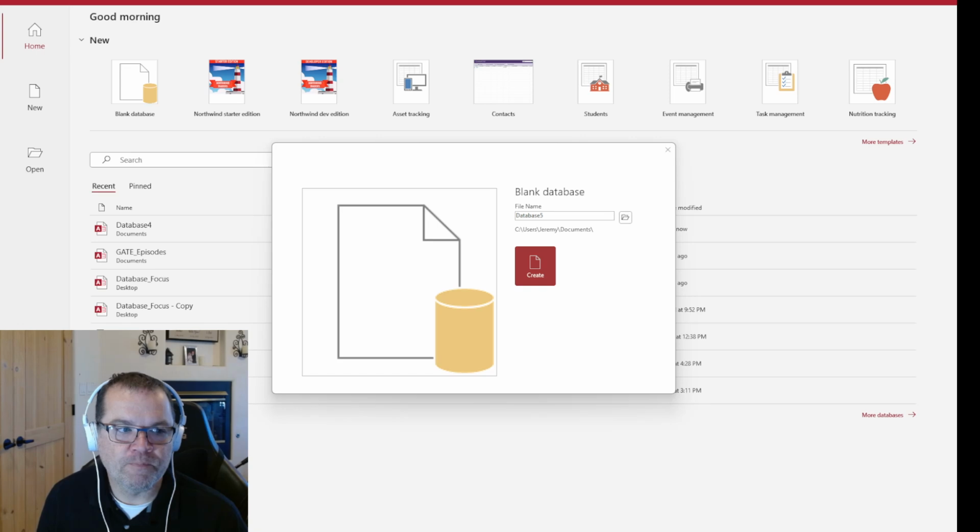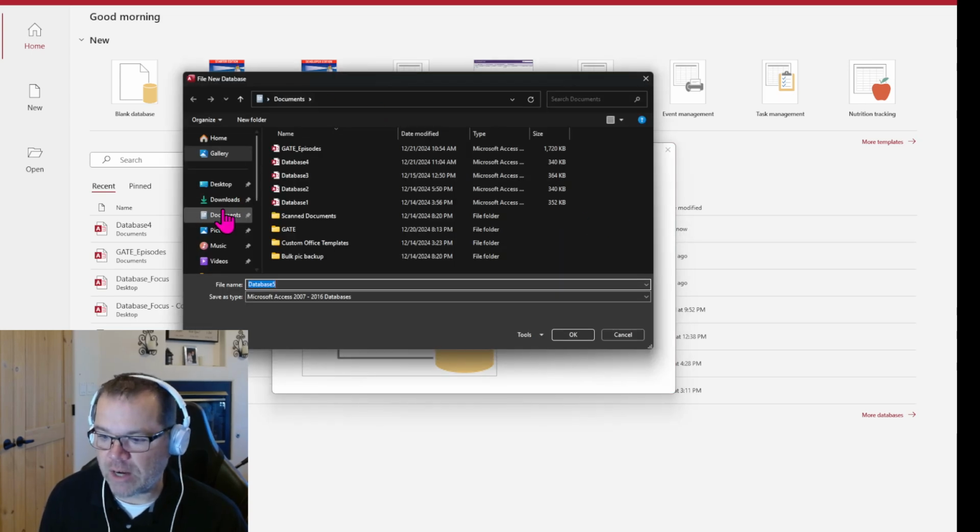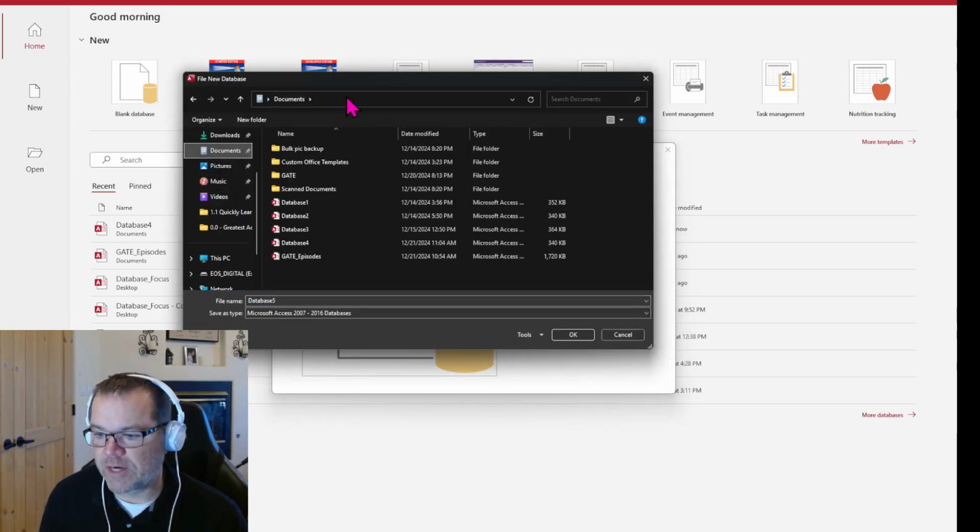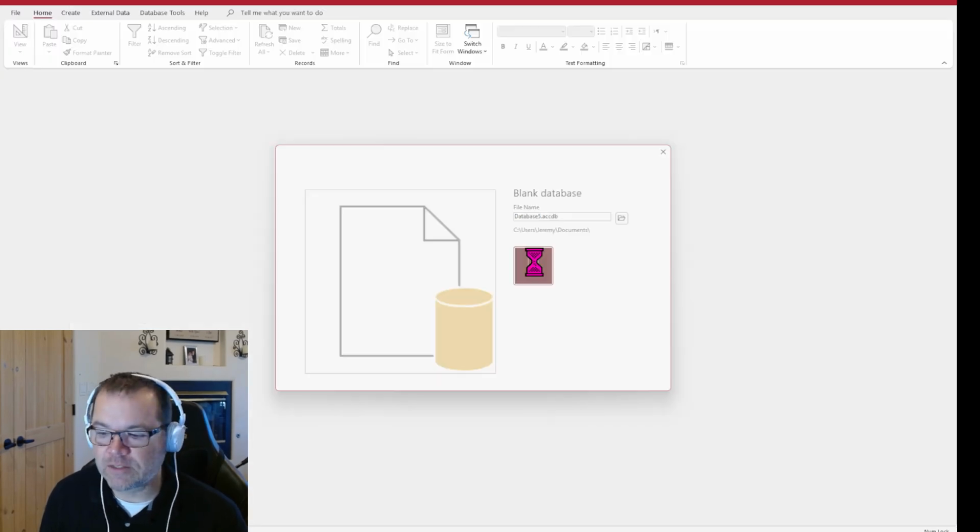I personally would not recommend that, only because OneDrive is kind of a synchronized folder, a network cloud location, if you will. And your database, as you develop, may or may not play nice with that. It just really depends on your setup. So what I would do personally is make a new database local to my C drive, somewhere in my documents folder, not OneDrive documents, but your actual documents folder. So if you hit browse and go over to documents, just somewhere in your documents, type the name of the database, hit OK, hit create, and you're